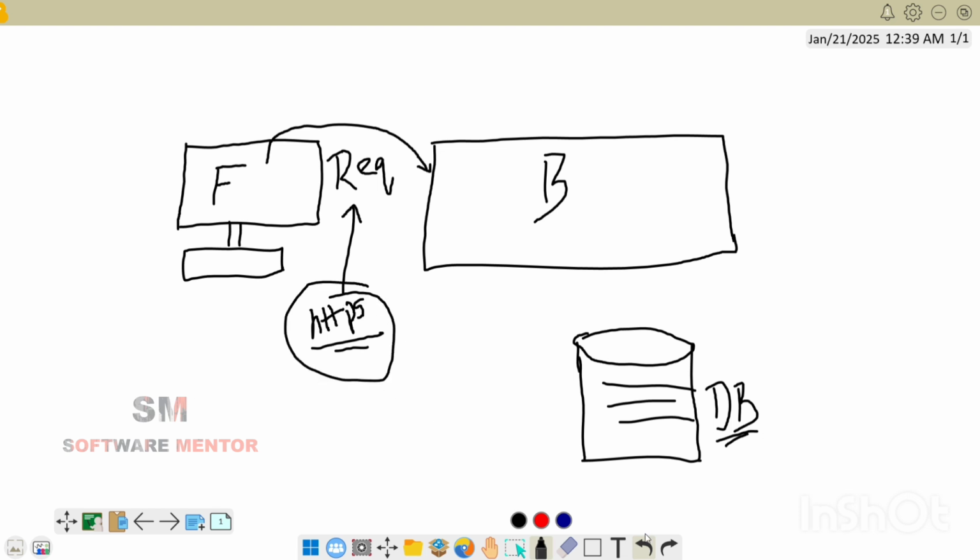So first, the user will request something to the backend, that is a request. The user will request something from front end to backend. Maybe it may be about the description of a product or adding the product to cart. Whatever input the user gives, they will request it to the backend server. So this request will be in the form of